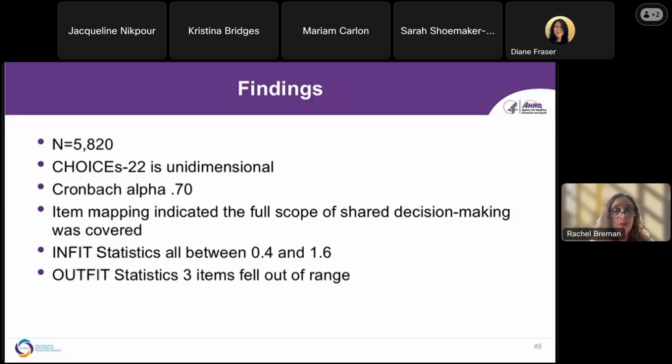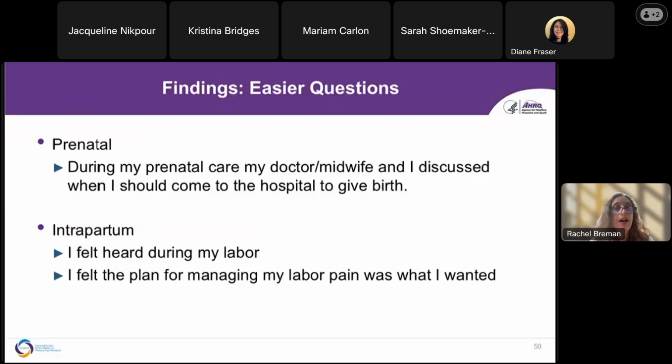But for those of you who know all about Rasch analysis, that's actually less important. And when we discussed it as a team, we really felt that it was okay to keep those 3 items in the measure. Next slide. So with these items and with Rasch analysis, there's what's called endorsement, or questions that